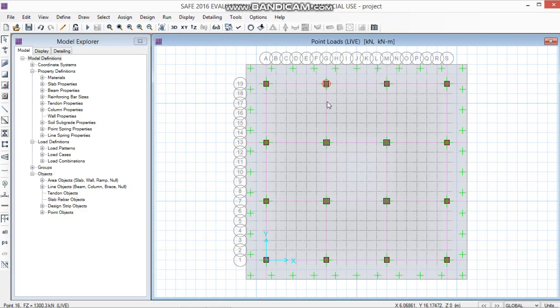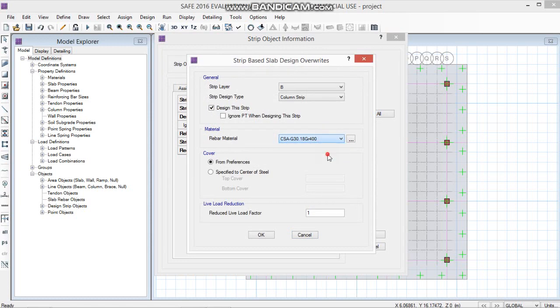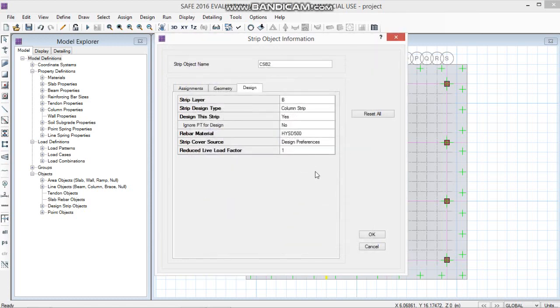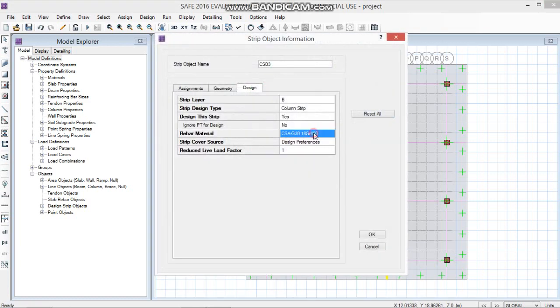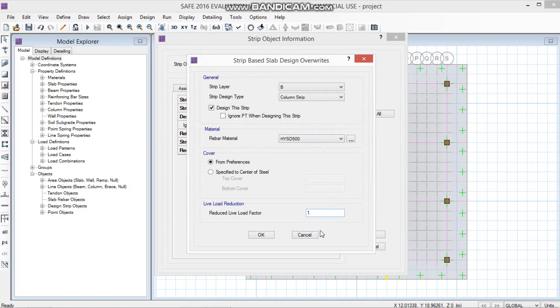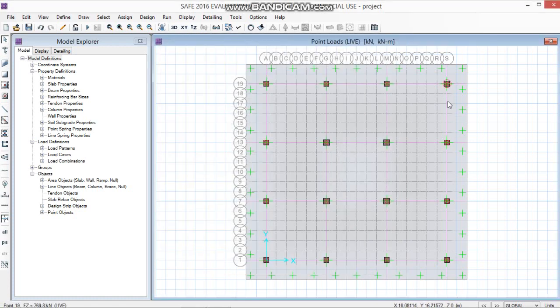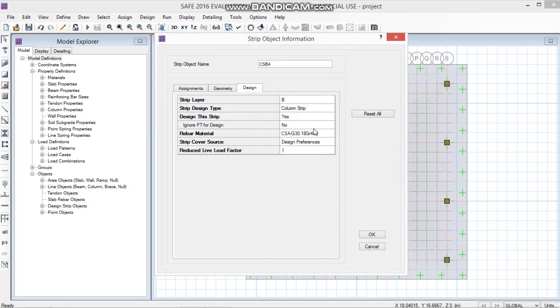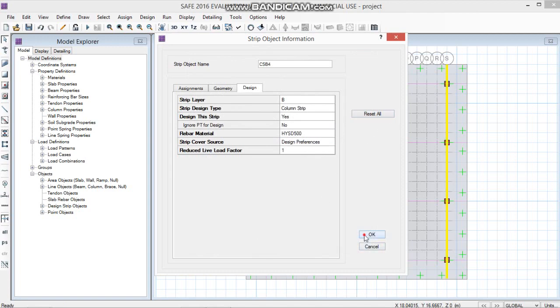Likewise for other strips, and the final one. Click on OK.